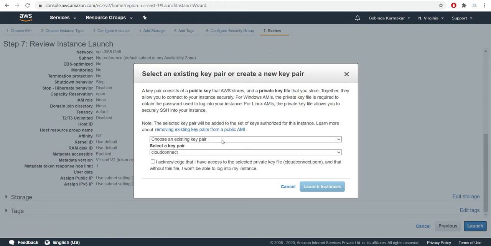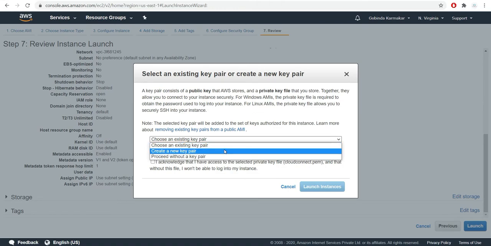Before launching, to make a connection between our local machine and our instance, we need a key pair which will act as a secure connection. To do that we need to create a key for that.